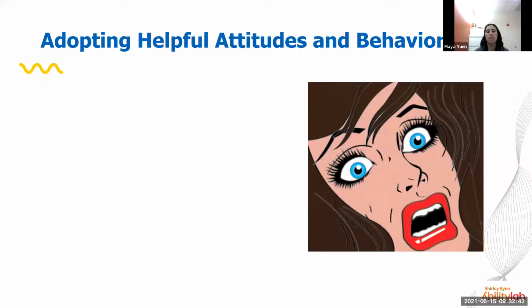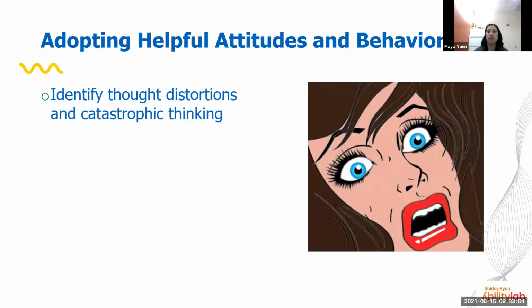So I explain to patients that thoughts and beliefs are nerve impulses. They can really amp up the alarm system and reinforce learned behavior and learned pain. And when people give into the negative thoughts and catastrophic thinking, it can have a direct impact on their pain. So identifying thought distortions and catastrophic thinking is important, identifying fear avoidant behavior and calling it out and pointing it out, and really starting to implement helpful coping strategies.